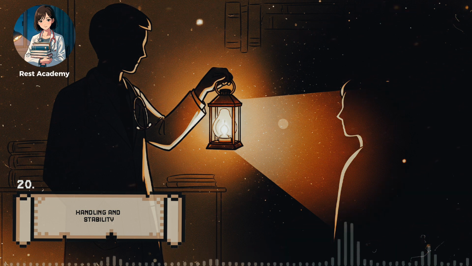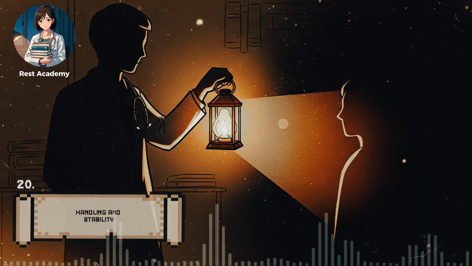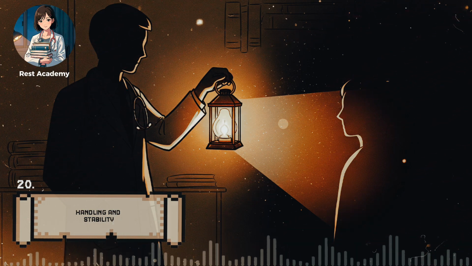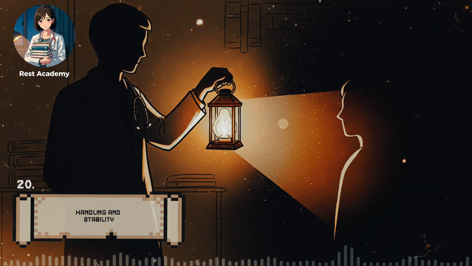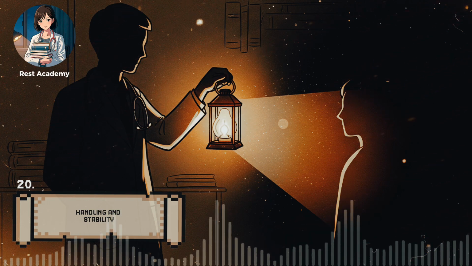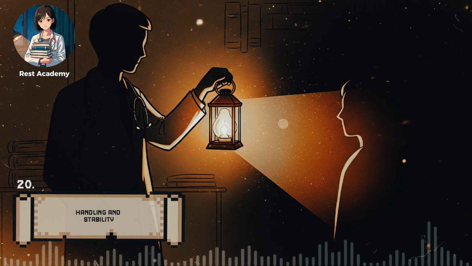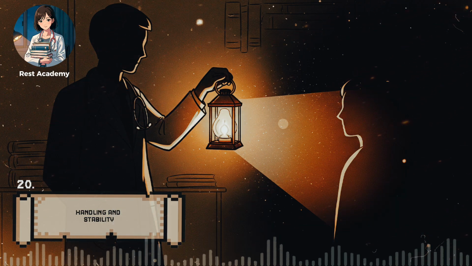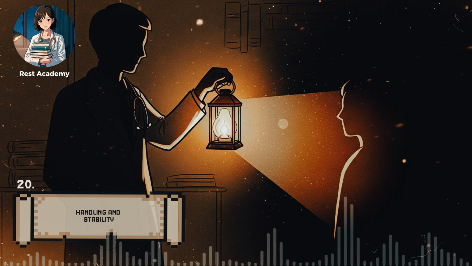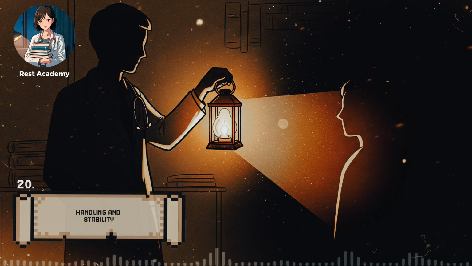Documentation anchors memory. Temperature logs, reconstitution times, lot numbers, and visual check records create a chain of custody for stability. If a cluster of unexpected reactions appears, you can trace back to a batch, a fridge outage, a mixing error. Without records, signal becomes noise and learning stalls. Stability is not guesswork, it is monitored, graphed, and audited so that patterns appear early.